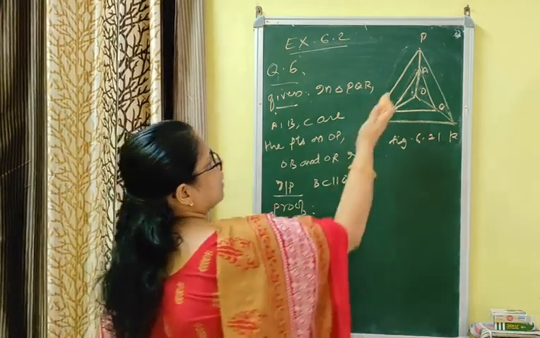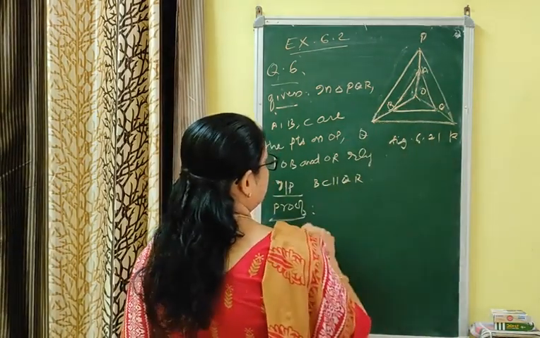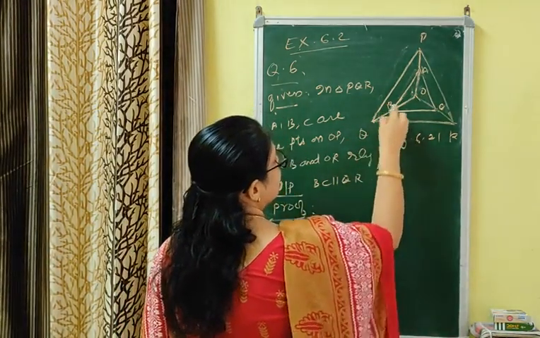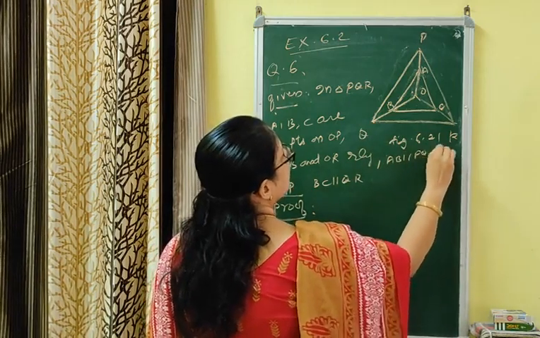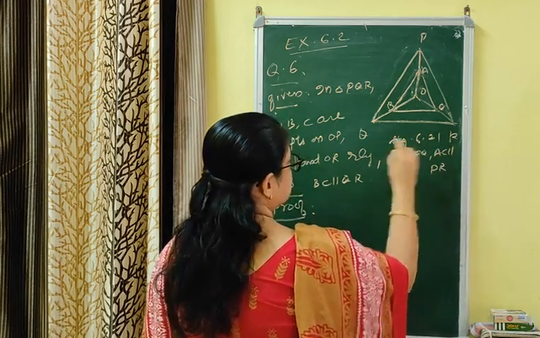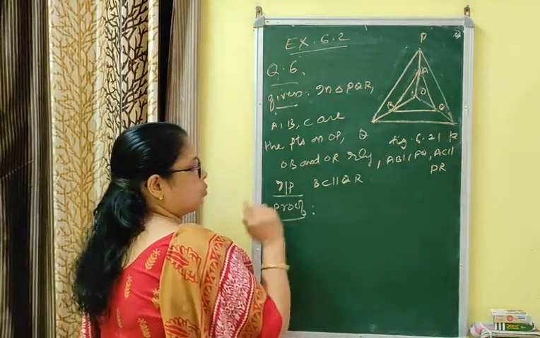First of all, take triangle POQ. In POQ, one more condition you are given. This also should be written. इसके साथ में एक और दे रखा है, AB parallel to PQ दे रखा है आपको, and AC parallel to PR is also given. This should be mentioned. I forgot it, but you should write everything that you are given in the question.